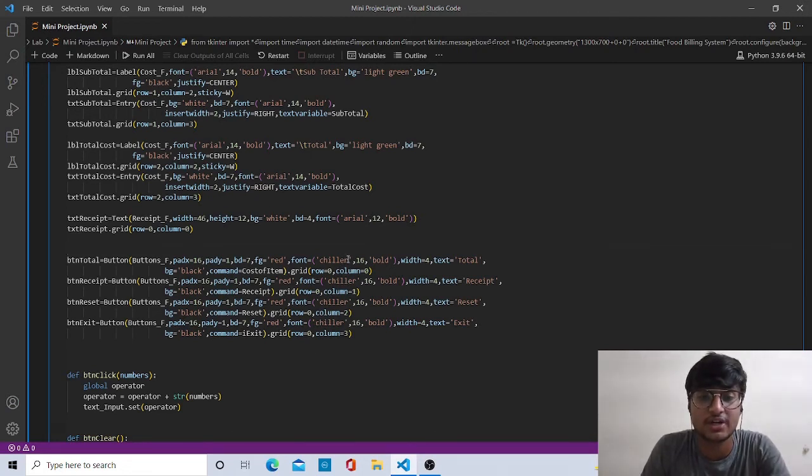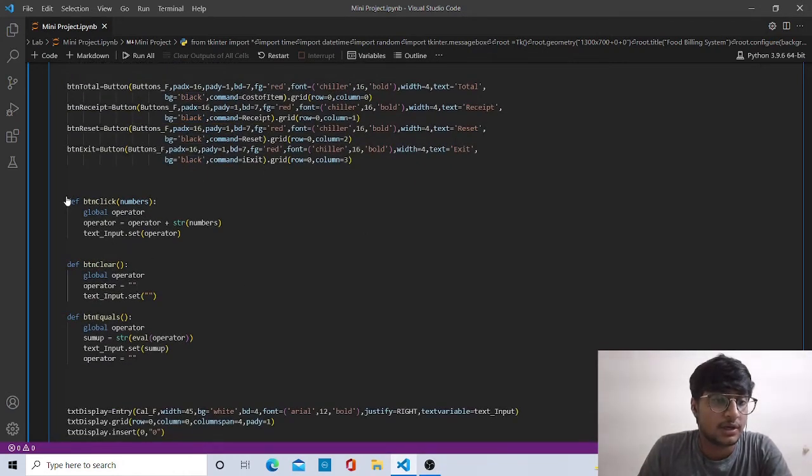I have differentiated the font to look different in buttons, as it has a unique variable in it with its total receipt, reset and exit buttons, which has the font of Chiller and the size of 16 and type of bold, which has background color of black for the specific buttons, with command receipt and grid, which is placed at column 0, 1, 2 and 3, with row equal to 0.